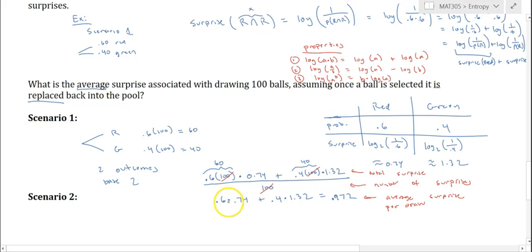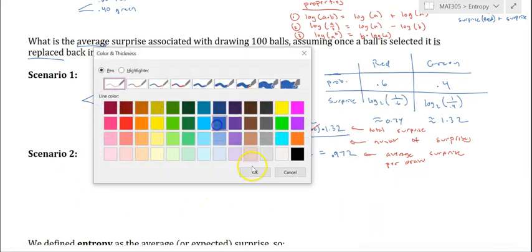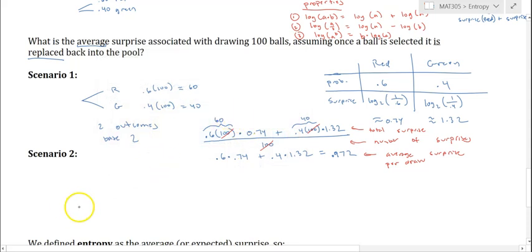Because the 0.74 is going to occur more often than the 1.32. So 0.972 is a little closer to the 0.74 than it is to the 1.32. Now, let's do the same thing for scenario 2, and we would expect here our average surprise to be perhaps higher because,